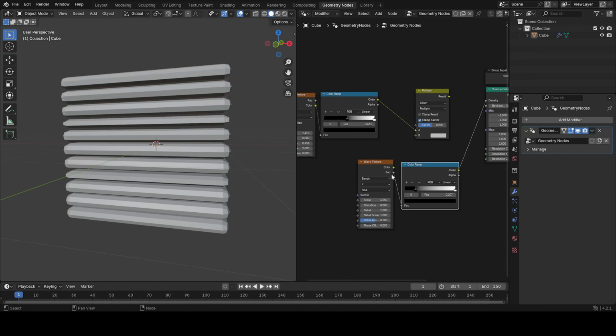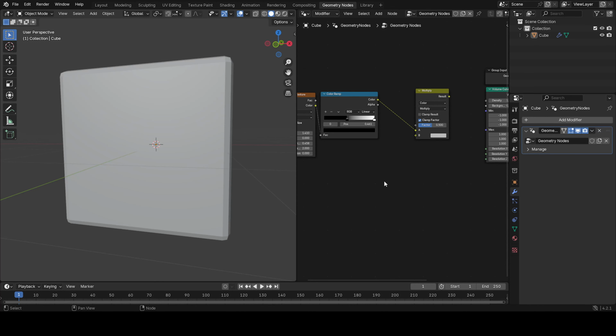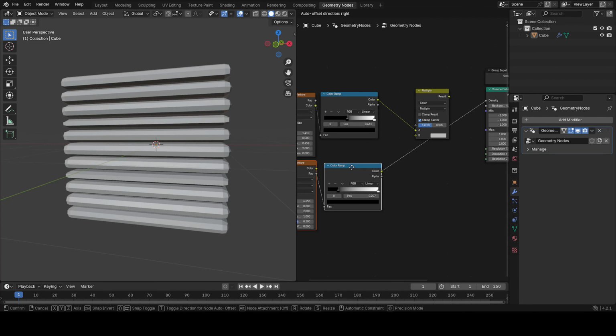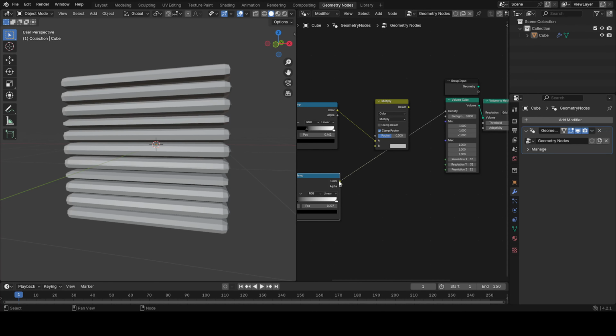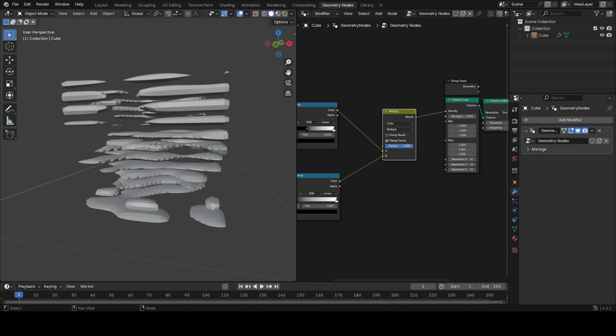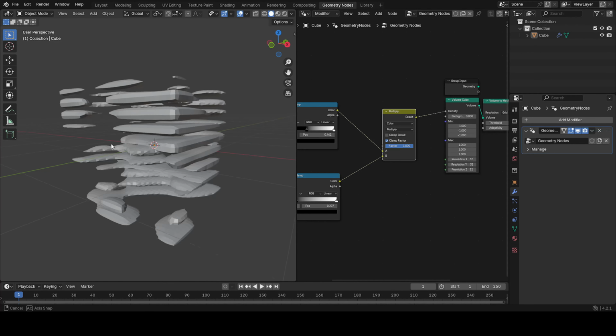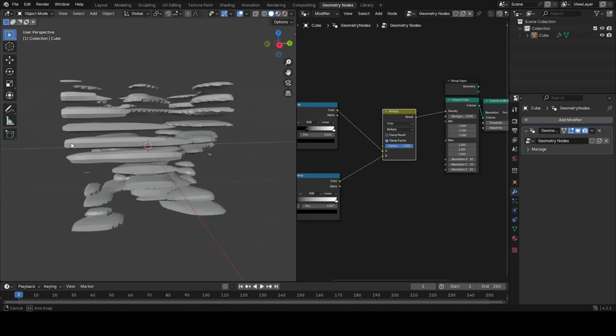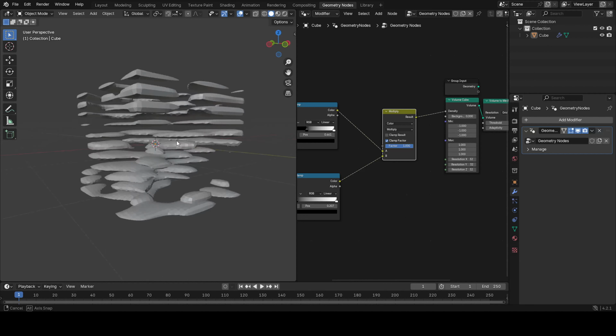We can always change it after because that's geometry nodes. So again, I'm just going to now plug this into the p value and this into the density, and bring the factor up. So as you can see, it's working,